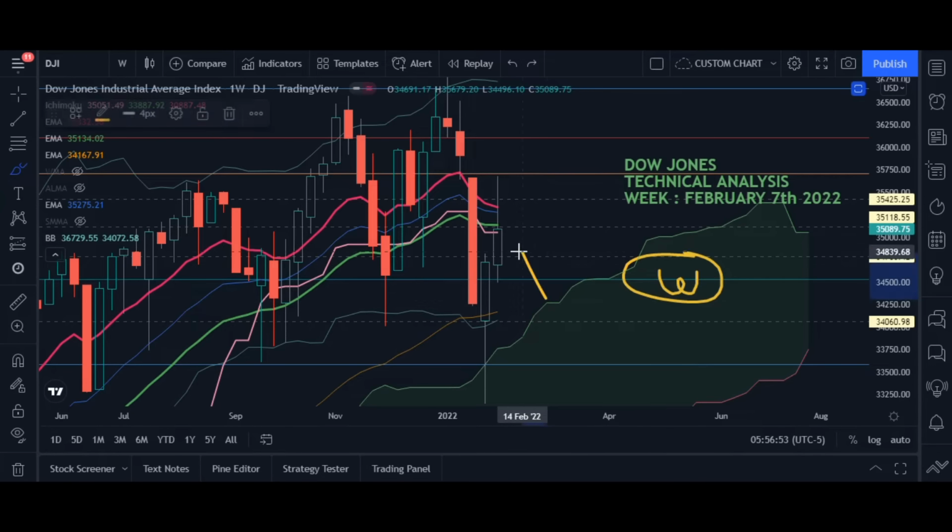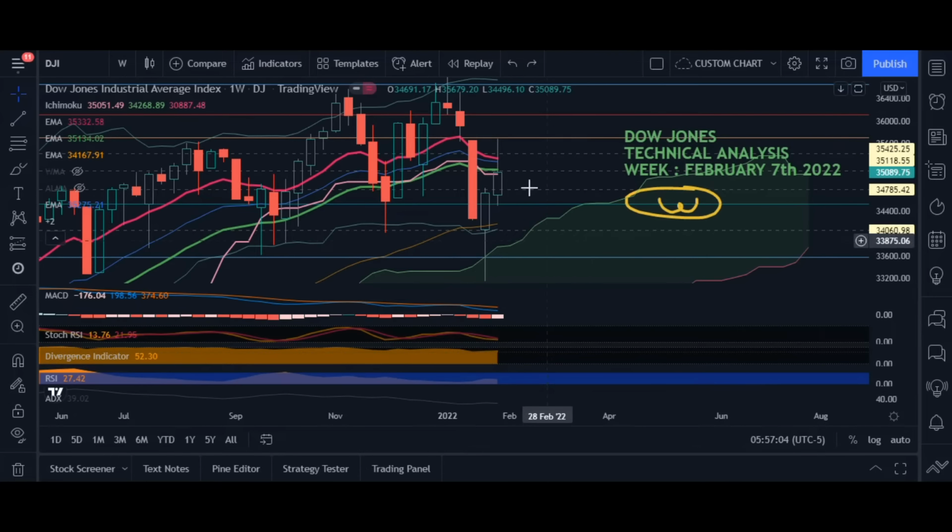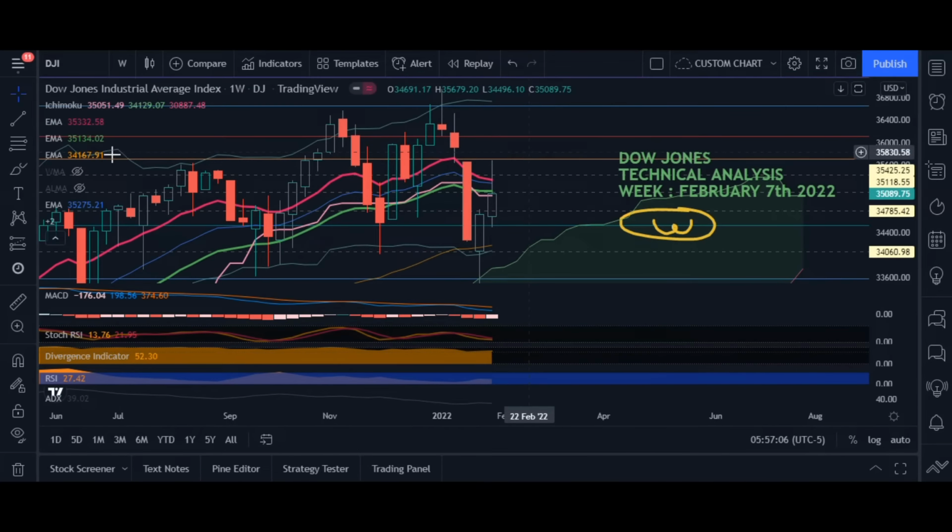Then comes the Ichimoku, because the market has closed above Ichimoku, which means the market is bullish. So only through Ichimoku on the weekly chart is the market bullish. Then come some other technical indicators. So if you look into some of these other technical indicators,